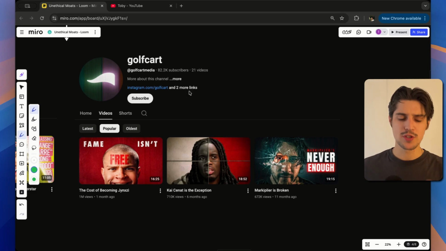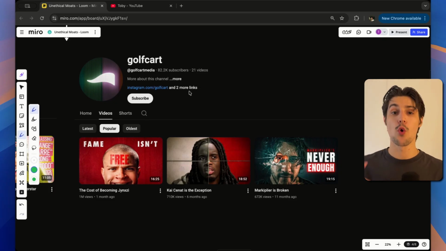Now, a couple notes here, because you don't want to be just taking someone's style and copy pasting it. You're just stealing that guy's whole spiel. Instead, what you want to do is take small pieces of different content styles from different niches and mix them together to create your own unique style.